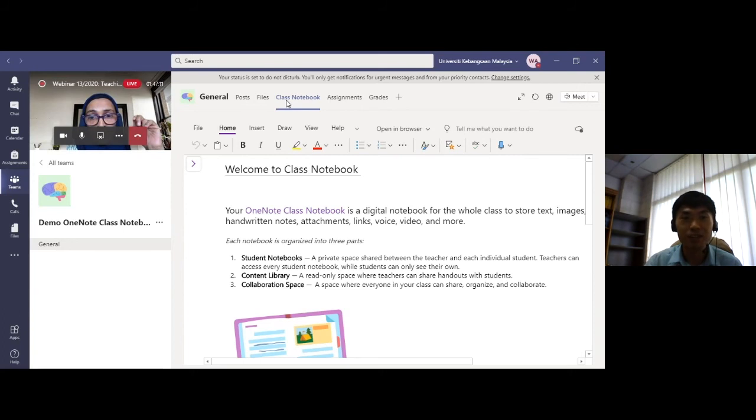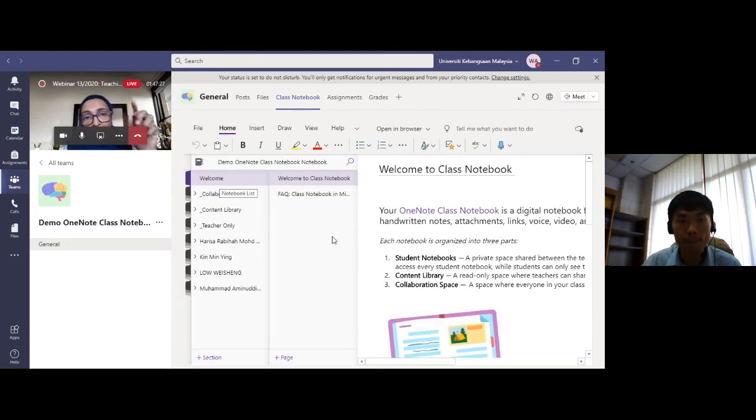Right. Once the students join this course in Microsoft Teams, they automatically have the class notebook, maybe in their Windows 10 OneNote, or maybe even in their phone and so on. They just need to switch it on. Okay, but like the page that you showed us just now, your teaching planning and everything, you do all that before you set up the Microsoft Teams for your students? No. I set up the course team first.